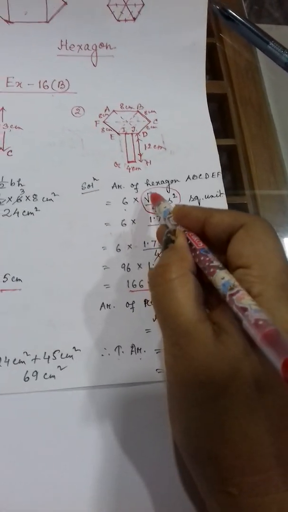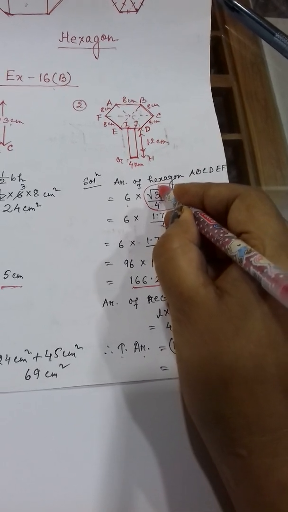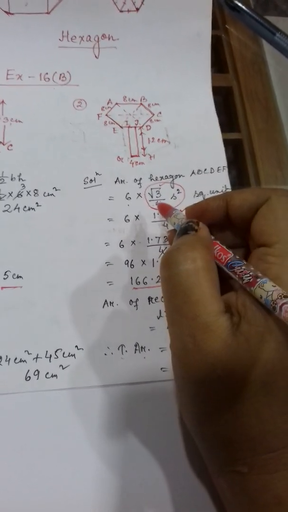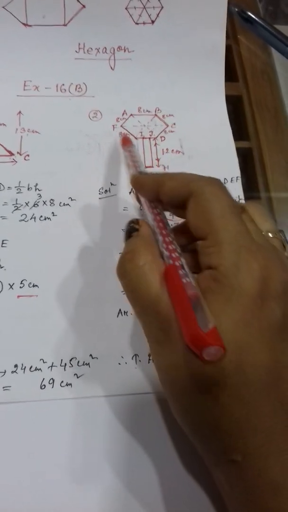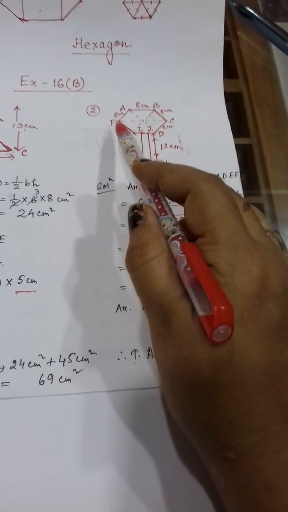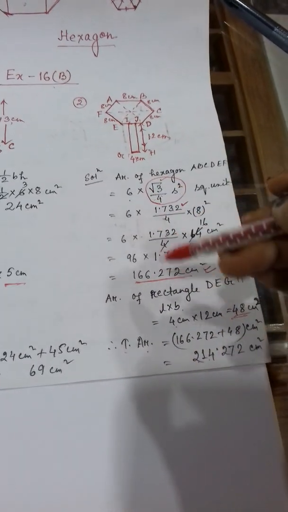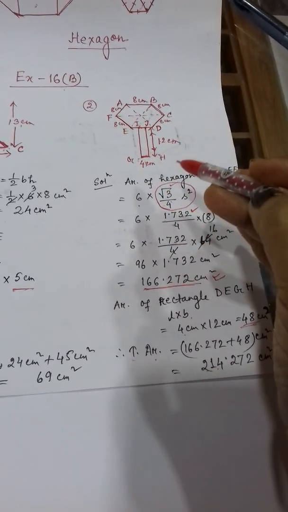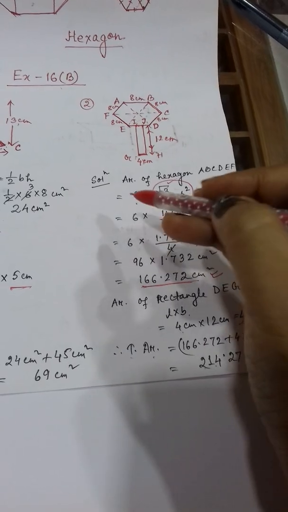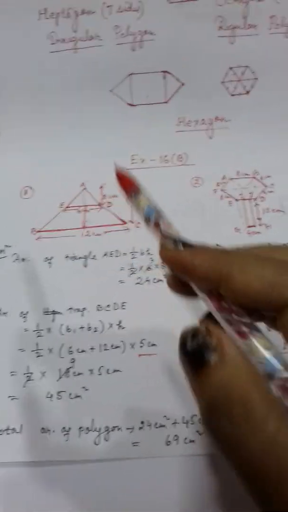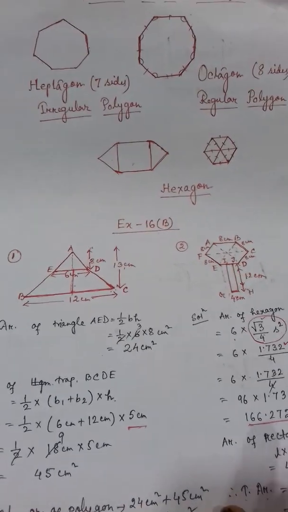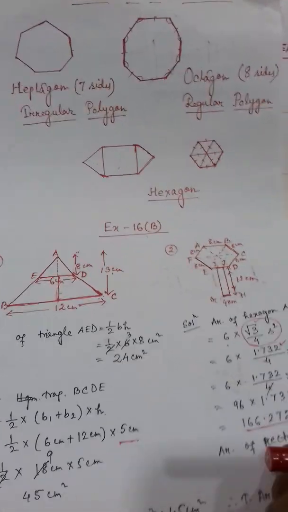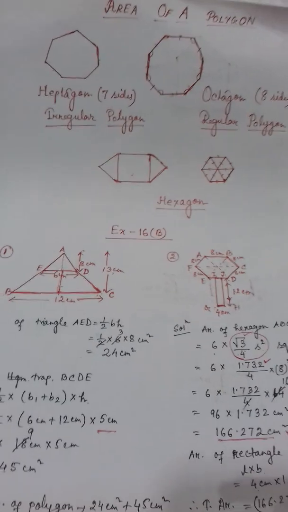So these values, which are the main thing you have to remember, value means constant value root 3. Then how to make the parts of the polygon. Clear? And then how to find out the area of the irregular polygon. So this is the way to find out the area of any polygon. Got my point, students? Have you understood?